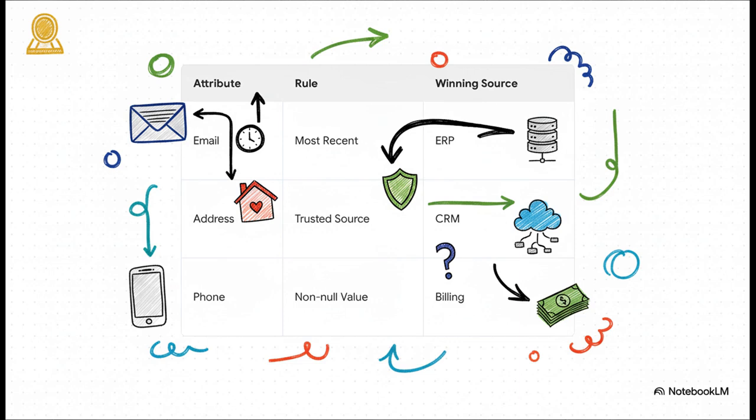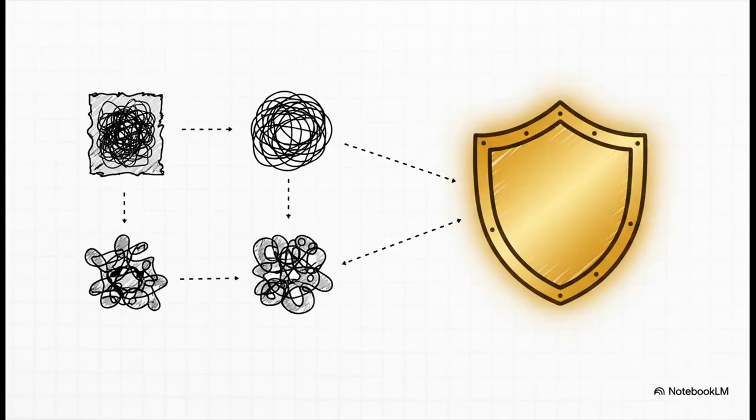For instance, you might decide that the system that was most recently updated probably has the best email. For the address, you could declare the CRM as your single trusted source. And for the phone number, maybe you just take the value from whichever system isn't blank. And what do you get at the end of all this? By applying these rules, the MDM system intelligently builds the final profile, the golden record. It is one clean, consistent, and reliable view of John Smith, pieced together from the best available data you have